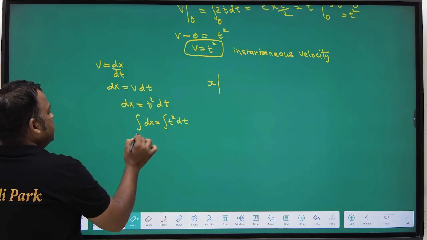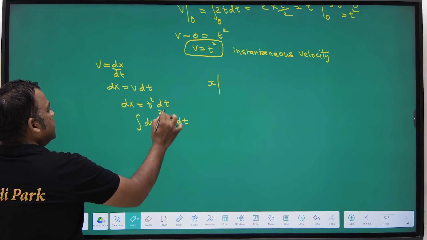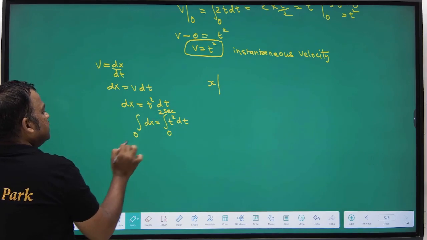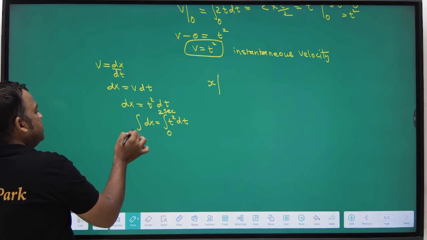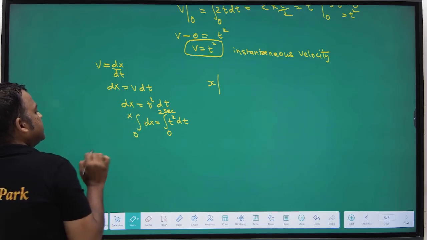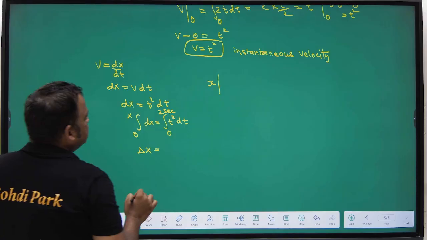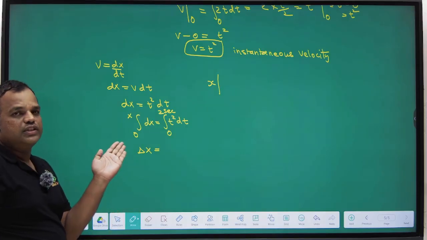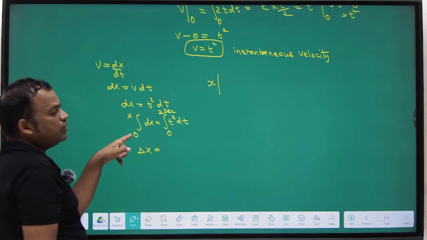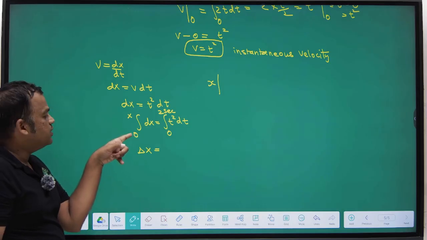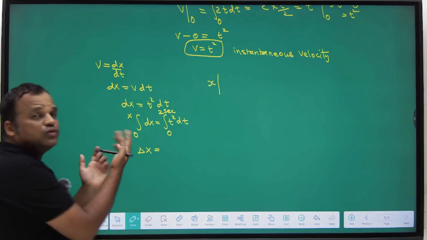So we will integrate it from 0 to 2 seconds, and the displacement will be from 0 to final x. So we can call it delta x, total displacement in 0 to 2 seconds, and it is starting from origin. It is given in question. So the lower limit of position is 0 according to question,